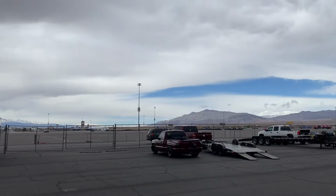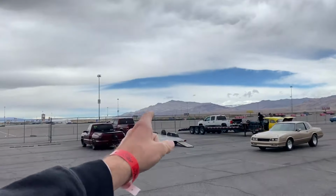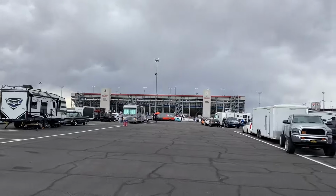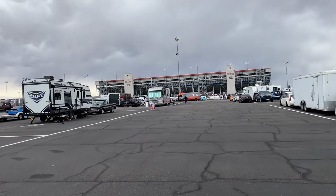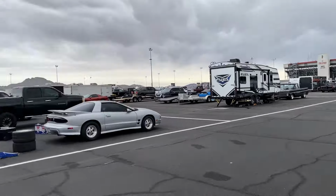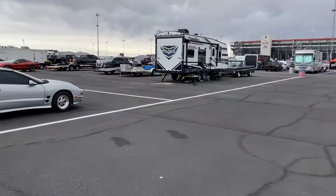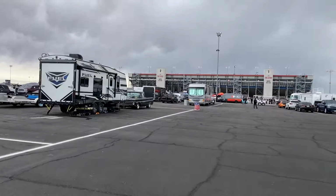We're on lunch break right now, but blue skies are coming. So that's the ugliness we've been seeing all day. But unless the wind changed directions again, which it's done earlier today, that's what's coming our way. So it should be a lot more fun, a little more speed this afternoon. The sun is out